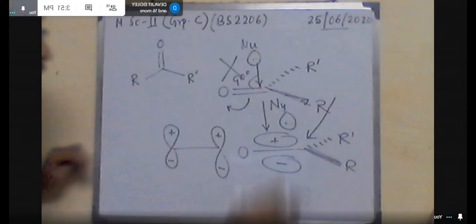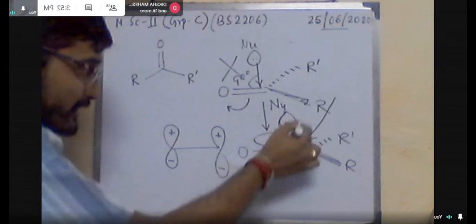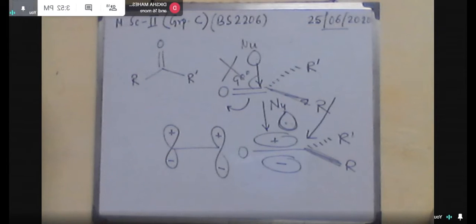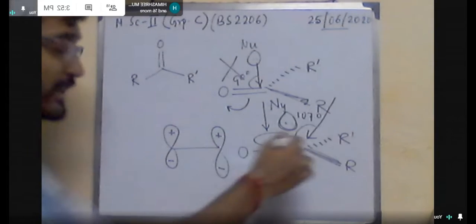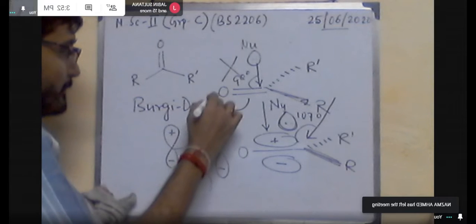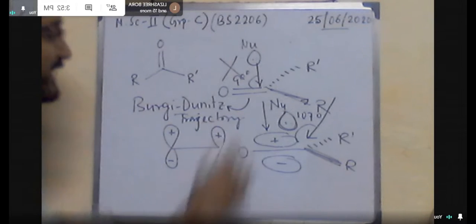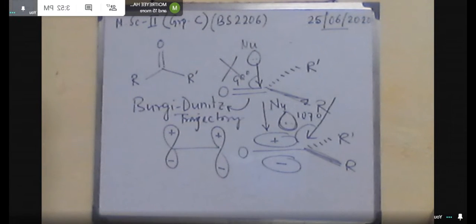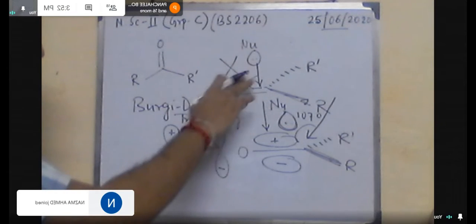So basically this is the name of the scientist, and in the X-ray diffraction pattern, this trajectory pathway has been found. That means the angle between the nucleophile and the electrophilic carbon is found to be 107 degrees. How? For a specific example, the proof is in this type of compound. In the X-ray diffractometer pattern, the orientation of the molecule when it attacks here was found like this.